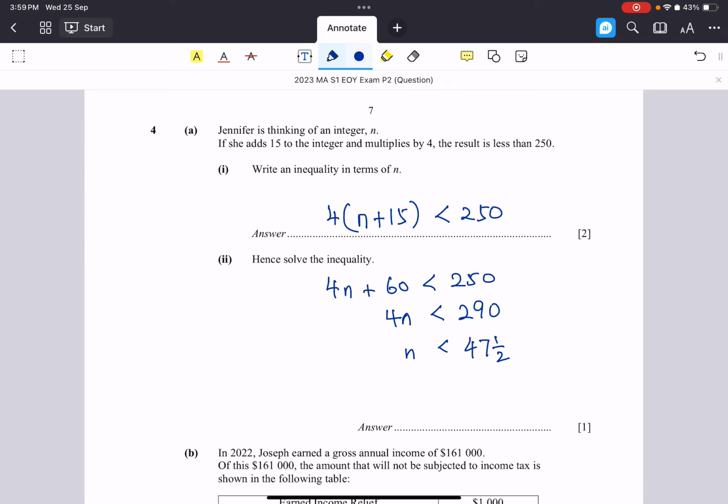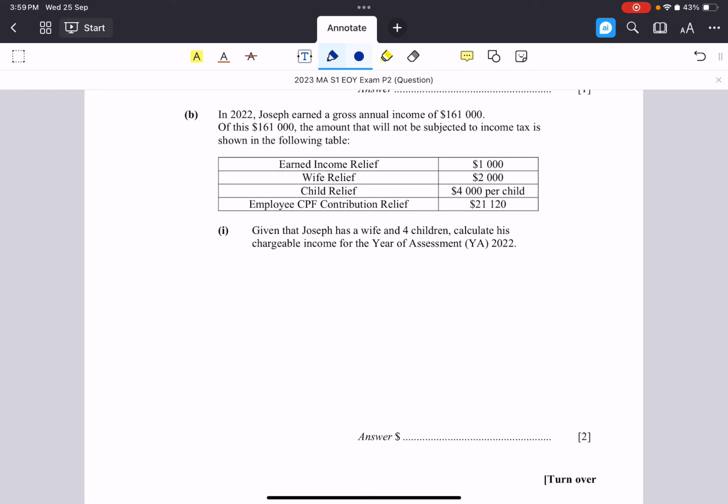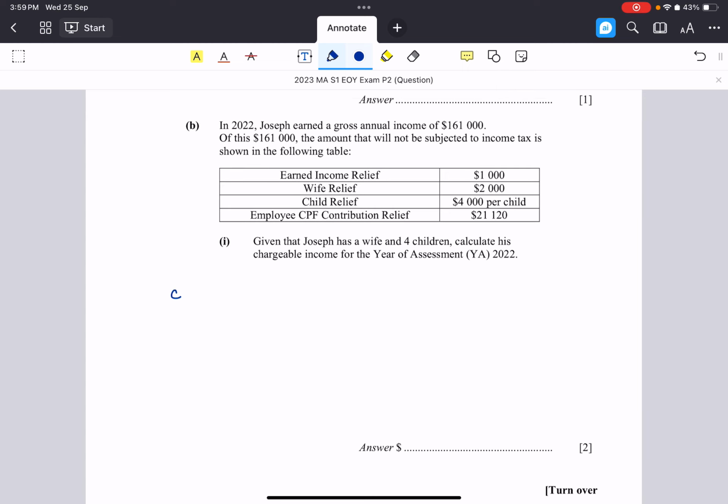Okay, moving on, next one. In 2022, Joseph earned a gross annual income of 161,000, and then he has all the reliefs before his tax is actually charged. So far, it's chargeable income. So his chargeable income